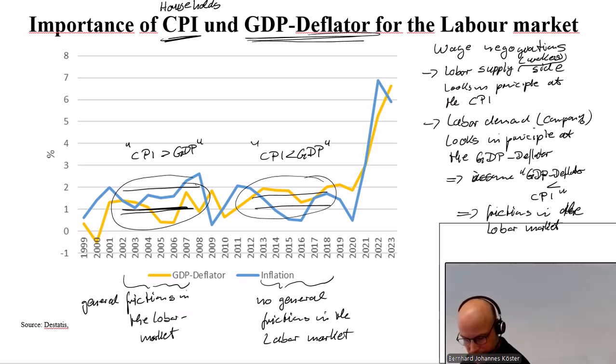Well, there we have to wait. The latest data are right now roughly the same, but right now we have frictions in the labor market, maybe more due to other reasons because of the bad economic performance. Just in 2022, 2023, we had this huge price increase. We talked about this in the energy crisis.